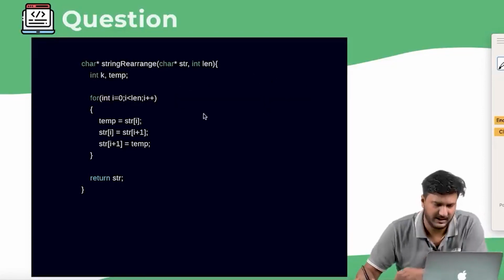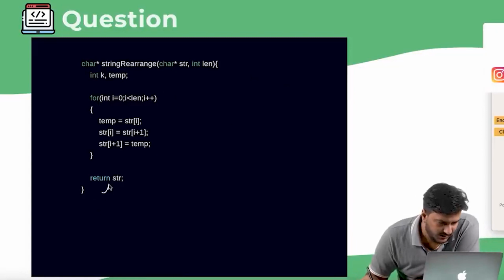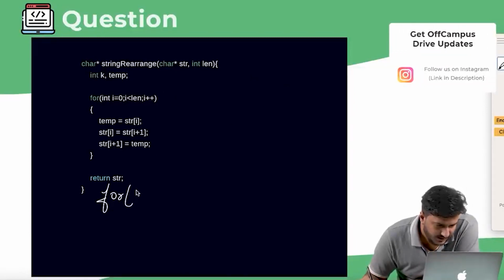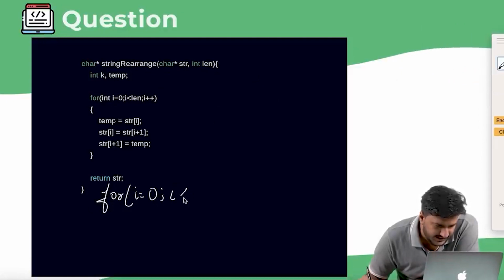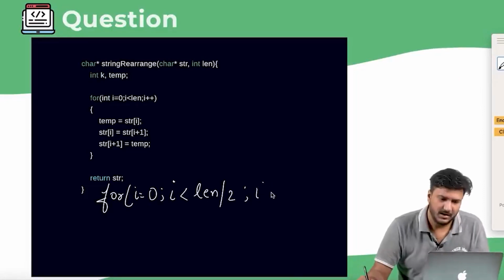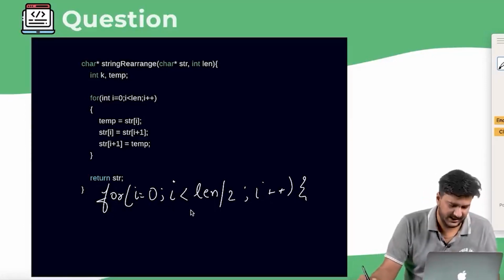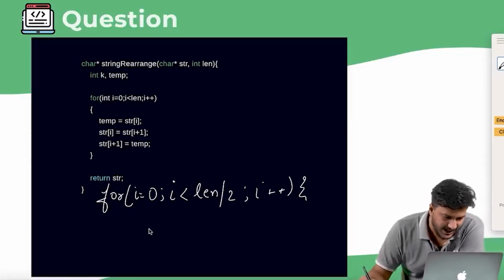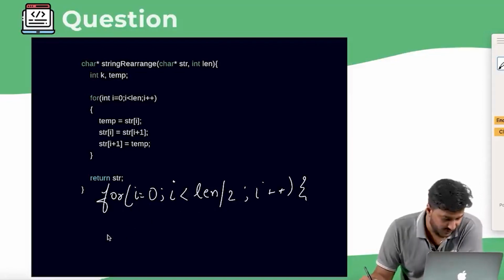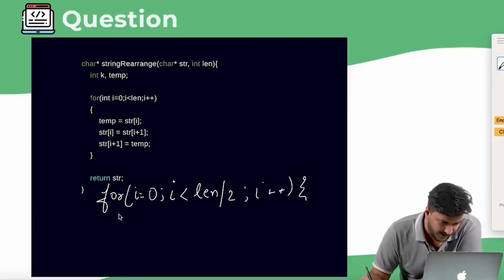So in fact, let me write a little more clearly. For i equals 0, and this will run till i is less than len divided by 2, and then i plus plus will be happening here. Right, now further in this particular case, I would be swapping, right? So how I would be swapping, I would say temp